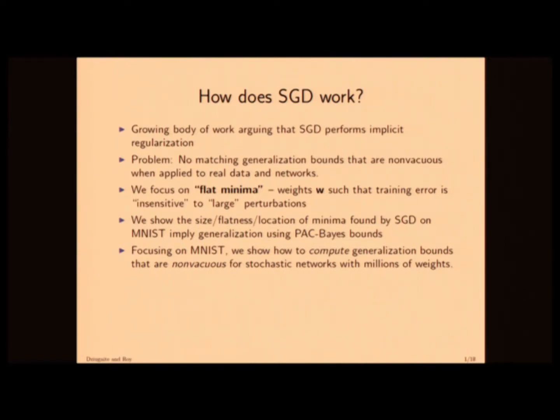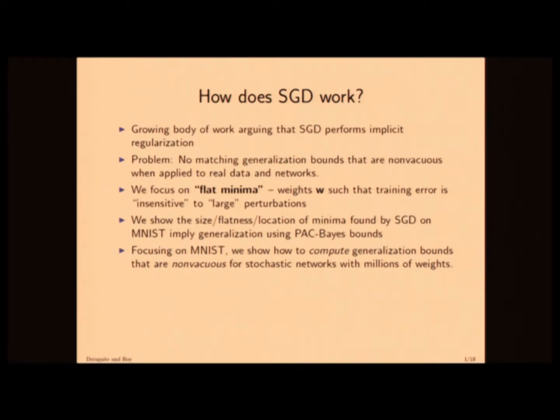We also saw a number of papers that were reporting empirical findings, for example, flat minima, which I know is a controversial subject. And we saw a path, at least, to exploiting this structure, whatever that structure is. And I suppose at the end, when you see my PAC-Bayes bound, I will have formalized what I meant. We went about using PAC-Bayes bounds to exploit the structure to get bounds.